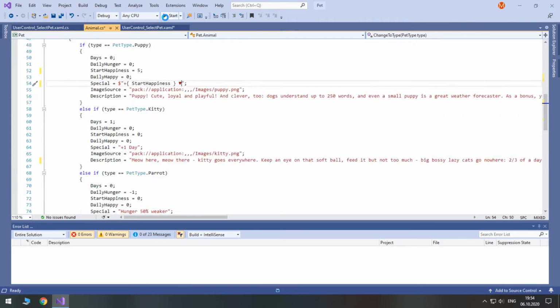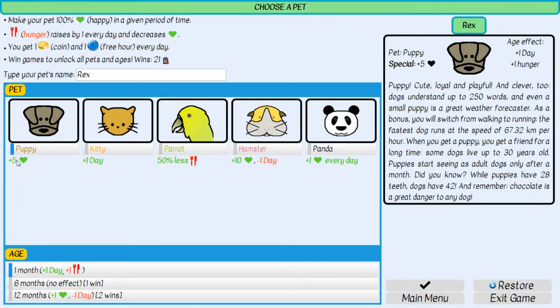Let's check whether it works. So you see here +5 happiness, and it changes as needed.